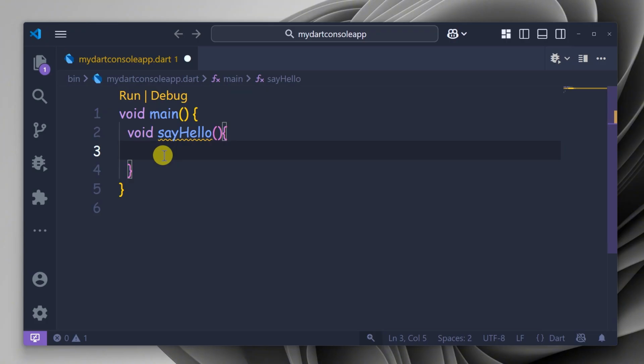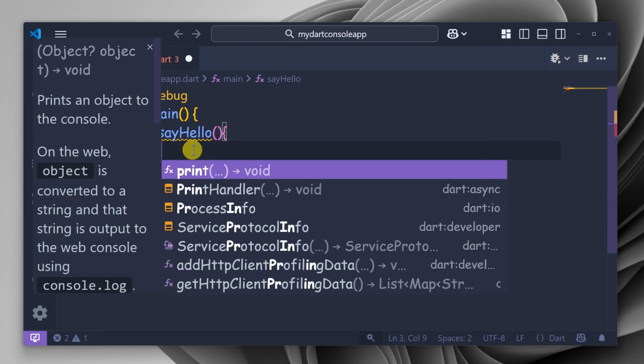That's very simple right now. Okay, so from line 2, we create a function with the name sayHello that does not return anything, just does something for us. And inside that function in line 3, in these curly braces, in the body of this function, we're going to tell Dart what this function should do. So let's say that we just want to say hello to us, like the name that we have chosen for this function. Okay, so for that, I'm going to just print